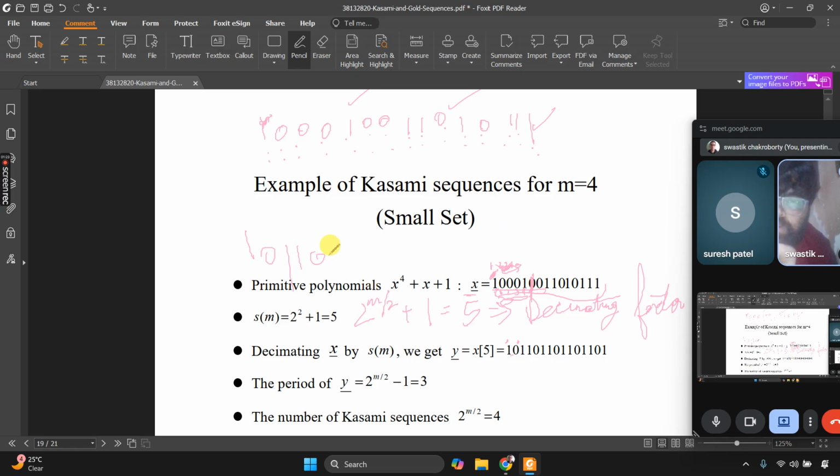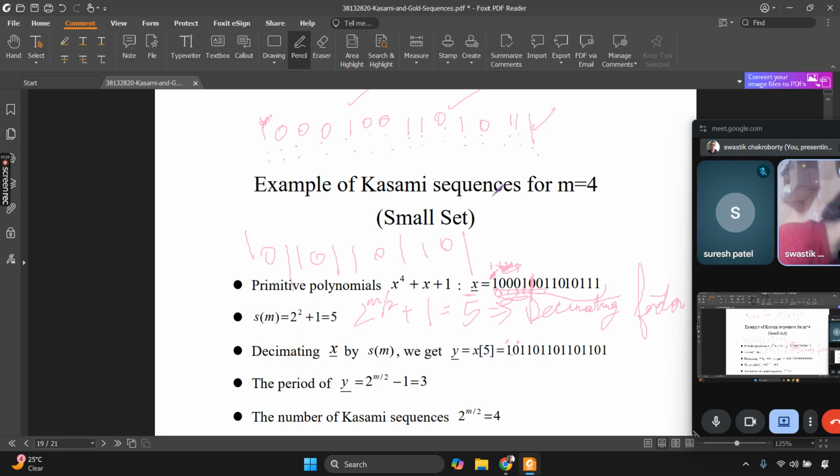So we will repeat again 1 0 1. Because we are doing a cyclic decimation, we will always end up at the same spot. So we take one cycle, and then we will end up again at the same samples. So we will always be choosing the 5th, 10th, and 15th bit, because we are selecting every 5th.